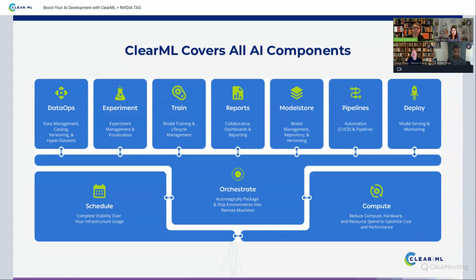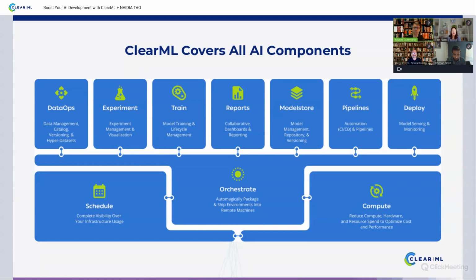Just as a background on what ClearML covers, ClearML is really an end-to-end platform that is custom tailored towards deep learning and generative AI, of course, covering also traditional machine learning, but a lot of the benefits that we're seeing from customers are coming from deep learning, where the remote GPUs and GPU machines make things a bit more complicated.